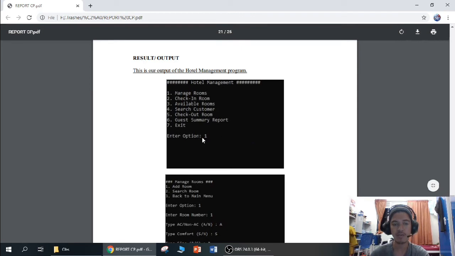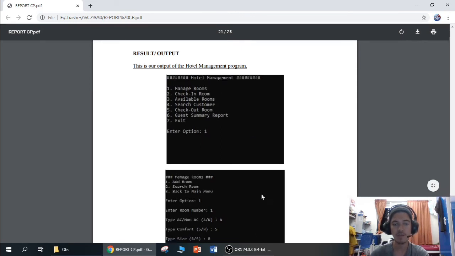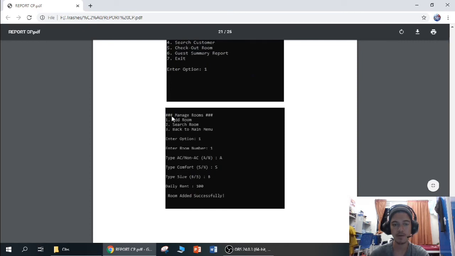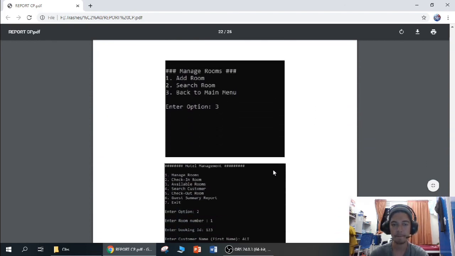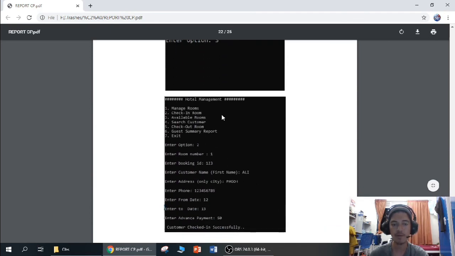So we enter option 1, manage room, and this will appear. This one will appear. And we enter option 1 to add room, and we add room, and the type of aircon or not aircon, comfort or not, size big or small, and the daily rent we add here. And lastly, it will display room added successfully. So when we manage room, we choose 3, it will go back to the main menu at the first one,